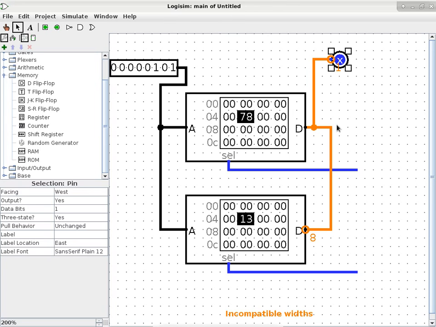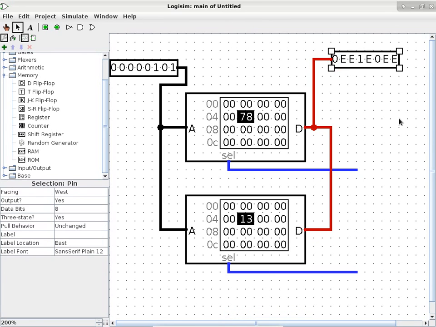Once again, we see the orange wire because the widths are not agreeing, because an output pin by default has a width of 1 bit, and yet the data pin here has a width of 8 bits. So it's easy to fix. Just change the pin to all this stuff here. So when you see the E, it is not in hexadecimal E. It is, quote unquote, error. In other words, the simulator says, I don't know what this wire is.